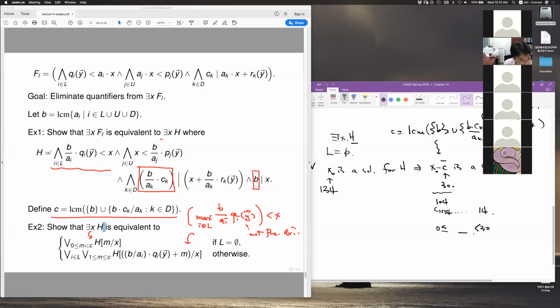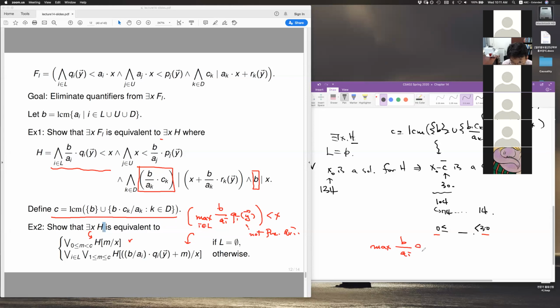But intuitively, this conjunction is equivalent to saying x is greater than the maximum of all the lower bounds. Okay, so then we apply a similar strategy as the first case, except that now the lower bound, instead of starting from 0 and going all the way to 30, starts from this max b